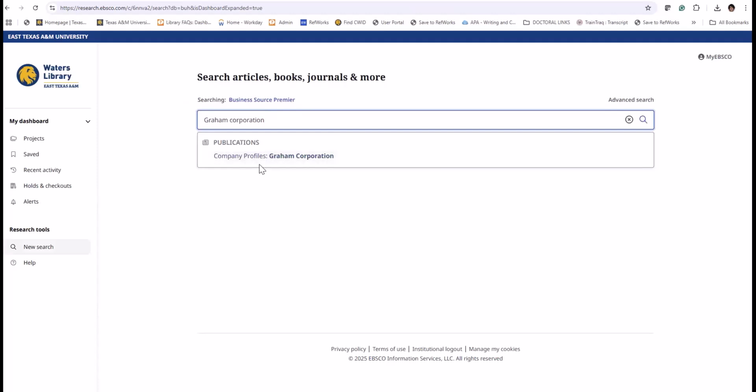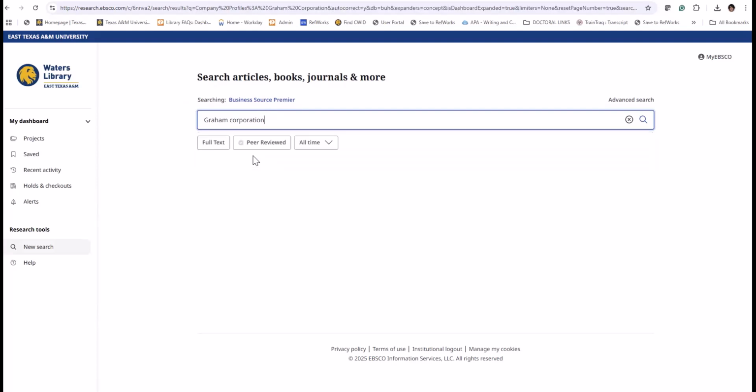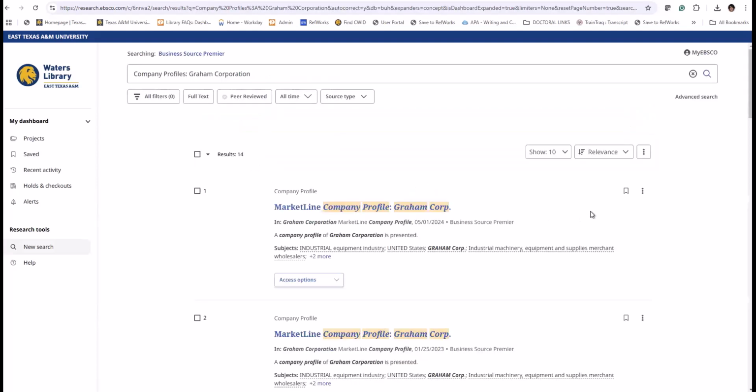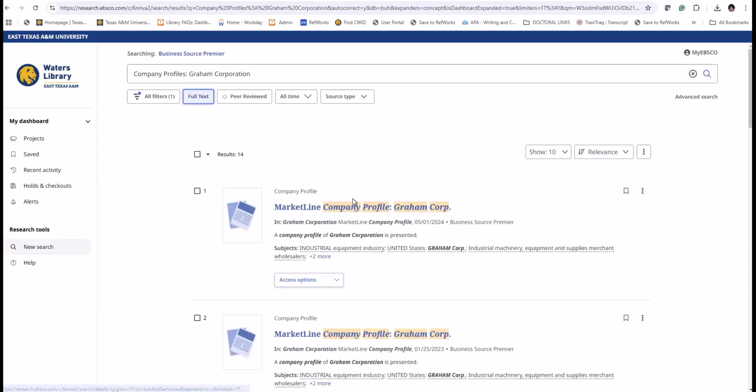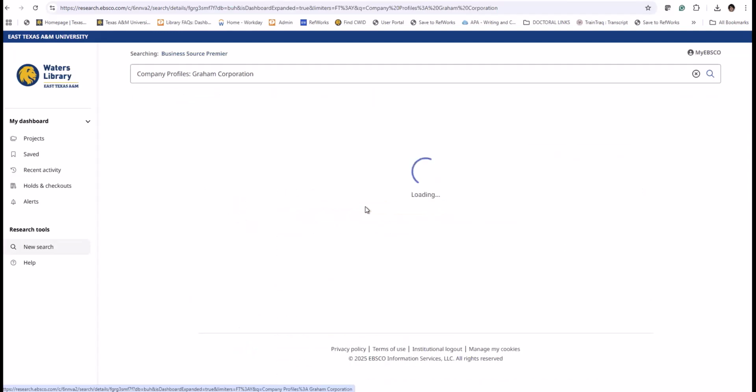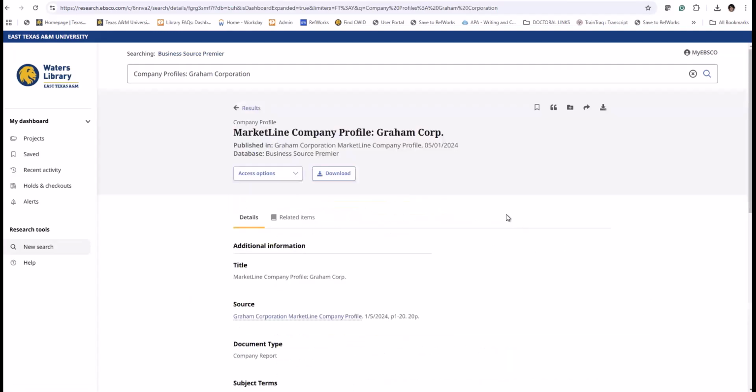Let's click on that. When I click on that, when it says company profiles, for sure all the resources are going to be relevant to this one. So it is just 14 on company profile, okay? Still you can do some filtering, go to here, or as I said, full text. Let's see how many of those 14, all of them, we have access to all of them. So let's click on that. I want to show you how it looks.